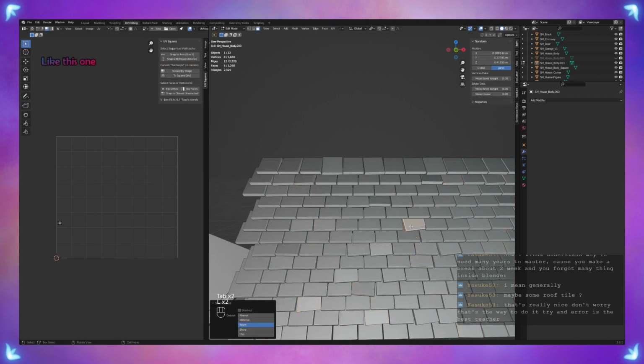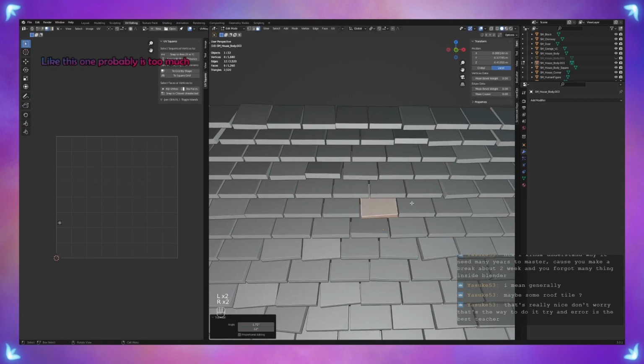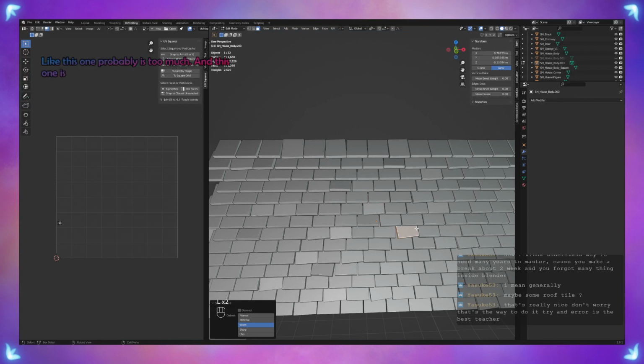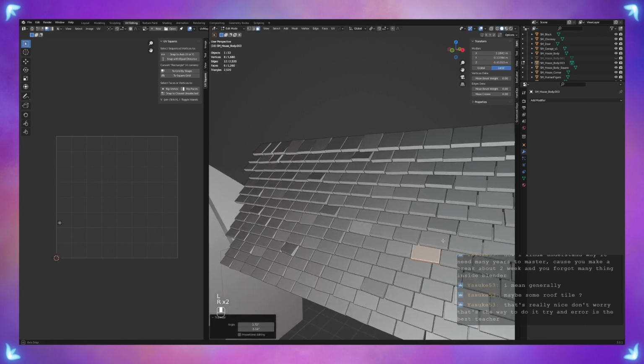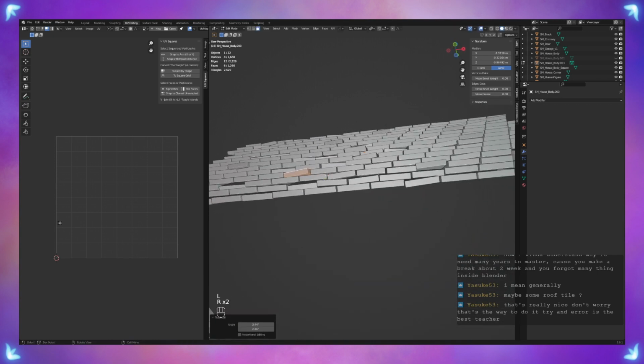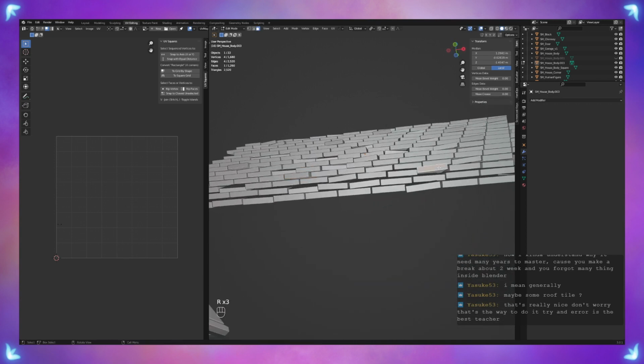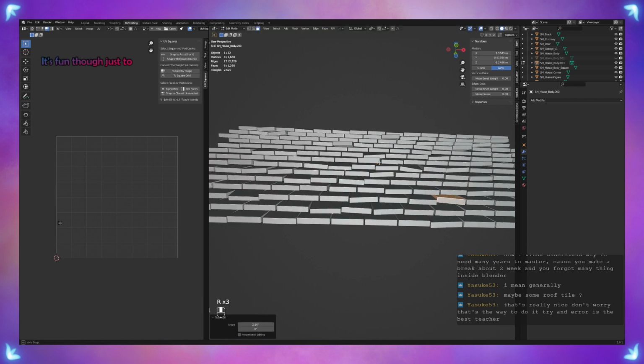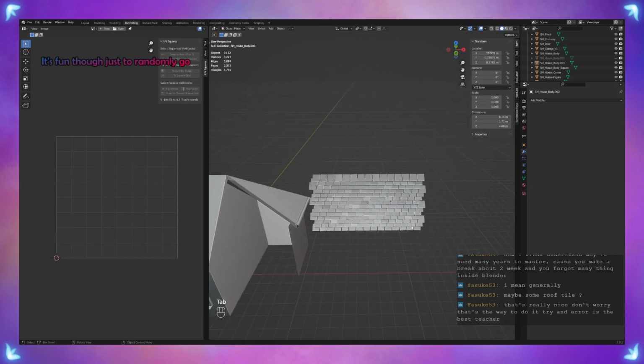Like this one probably is too much. And this one is also too much. It's fun though, just to randomly go and